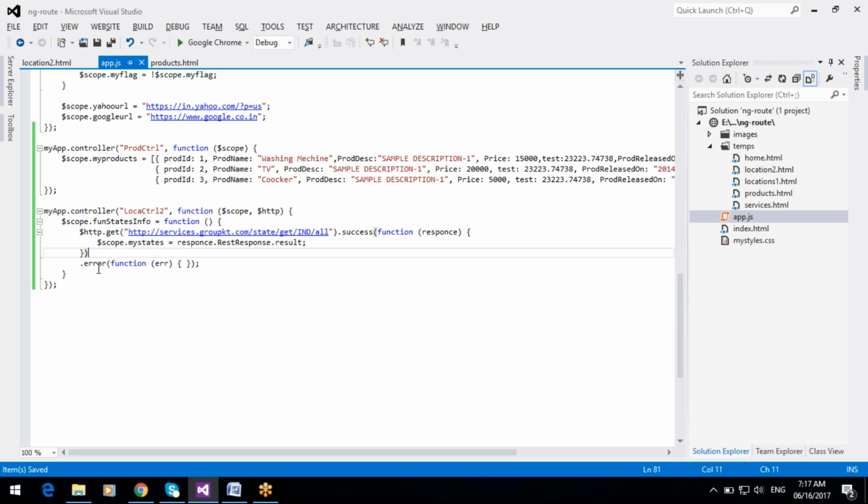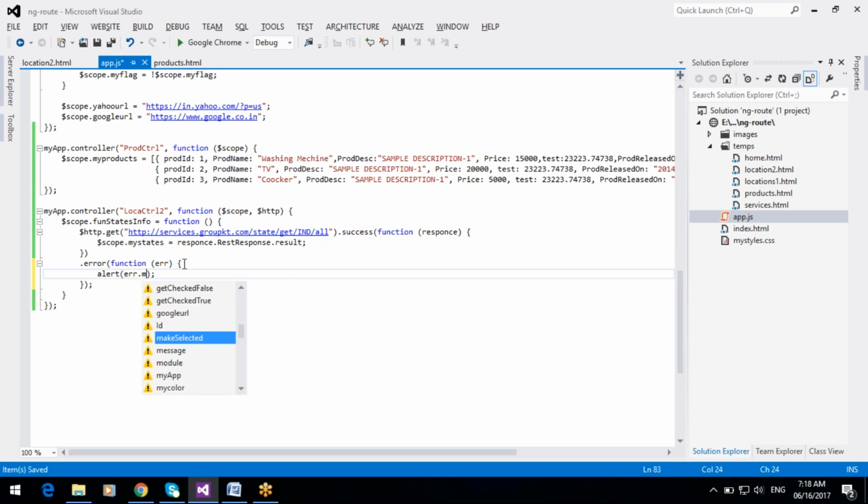If any error is there, the result goes to the error function and displays the error. If any error is there, it can display the result in an alert box, error dot message.